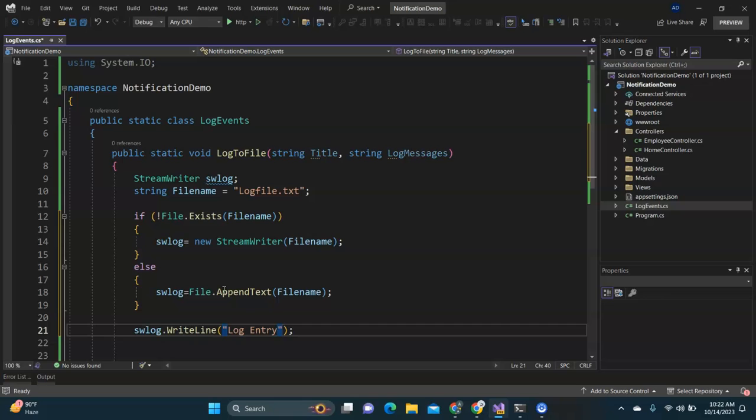Then for now we are going to log the date and the time. So